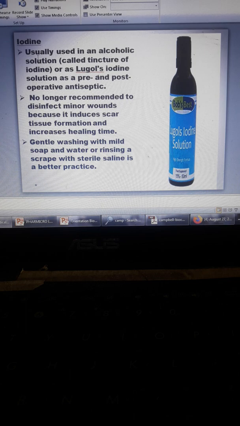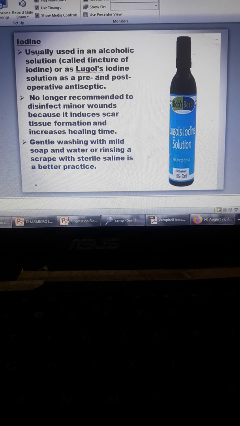If you try to remember what we mean by remodeling of the tissues, it is the formation or rearrangement of tissues during the healing process. That is why there is a delay. Gentle washing with mild soap and water or rinsing a scrape with sterile saline is a better practice for